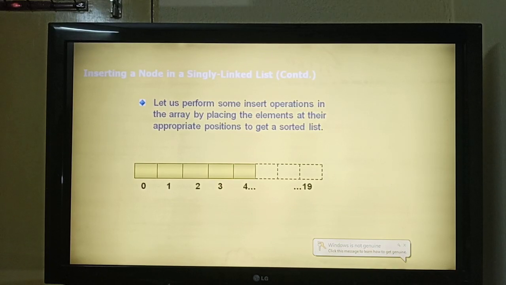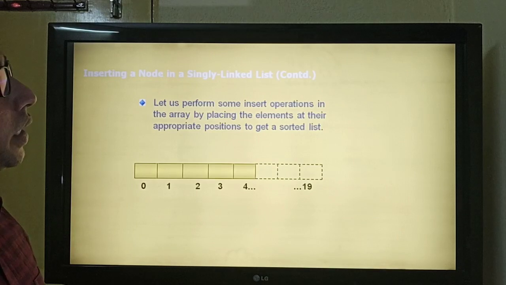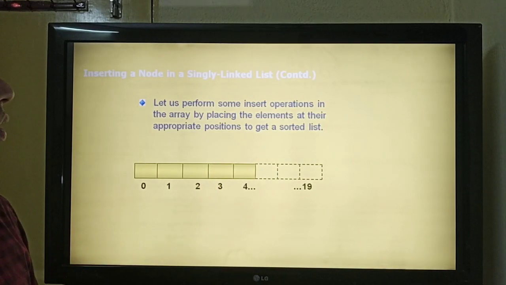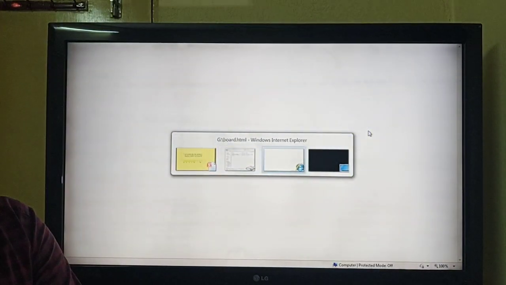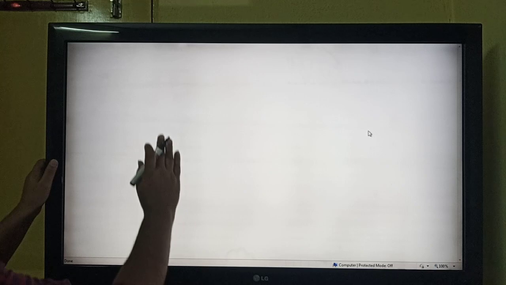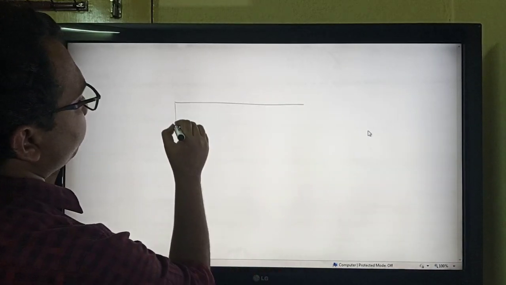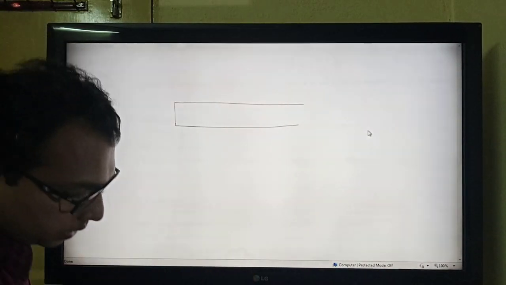To discuss this problem, rather than going to the slides, we will discuss it using the whiteboard. Suppose we have an array. Let us make it a little larger.